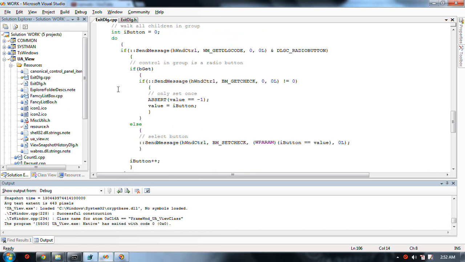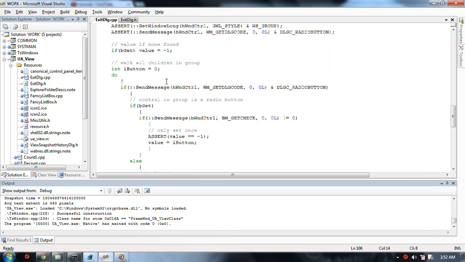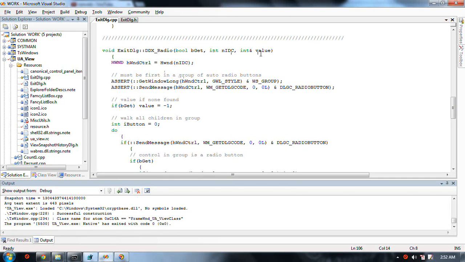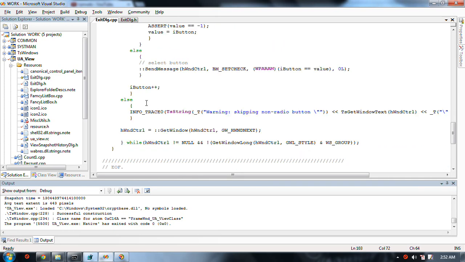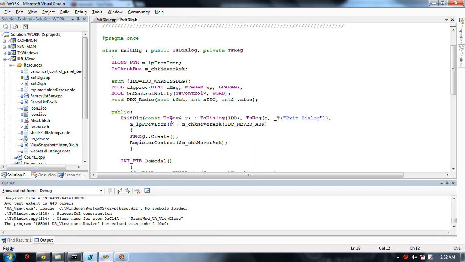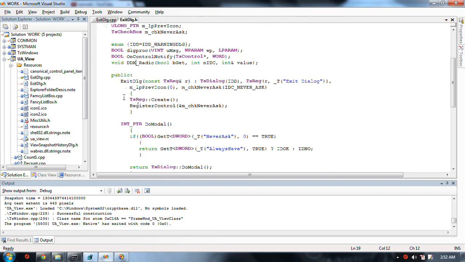If we're in the set mode, right? So suppose we want to set the value of this thing to 0, 1, 2. We walk through the same way, and if the button number indicated is the value we specified, then we set it to check, and that's all there is to it. So now I've currently got it set,